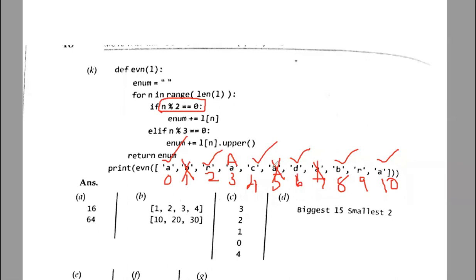Here if we consider 6, it is a multiple of 2 first. Because this condition is getting executed first, it will not again go to this elif condition. It is going to get evaluated with this particular expression and it will again come to the beginning of the for loop. And 9, it is going to get converted into capital R. Now what is the answer? A, small letter r, and then capital letter A, small letter c, d, b, and again capital letter R,